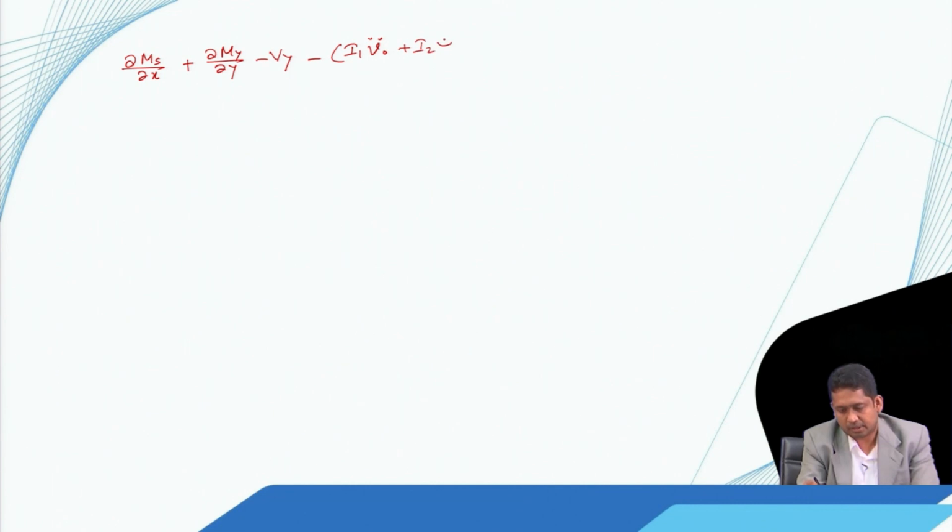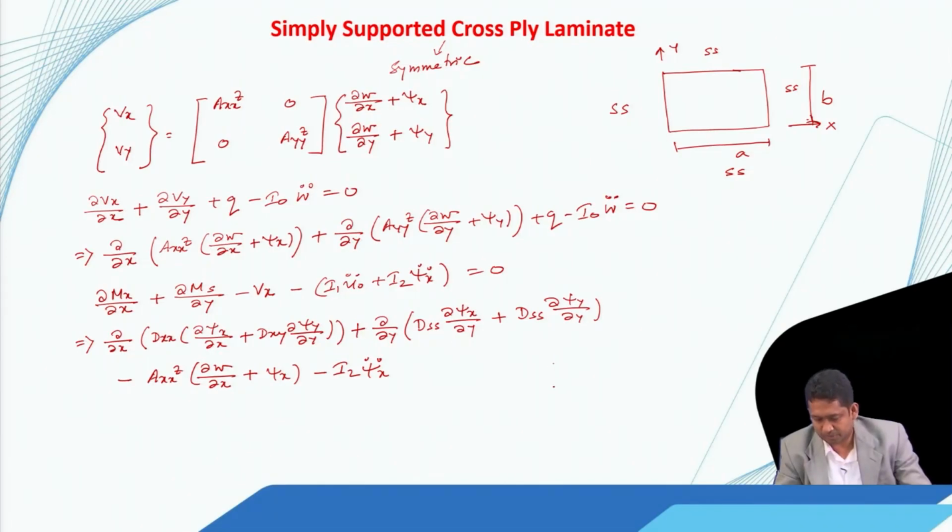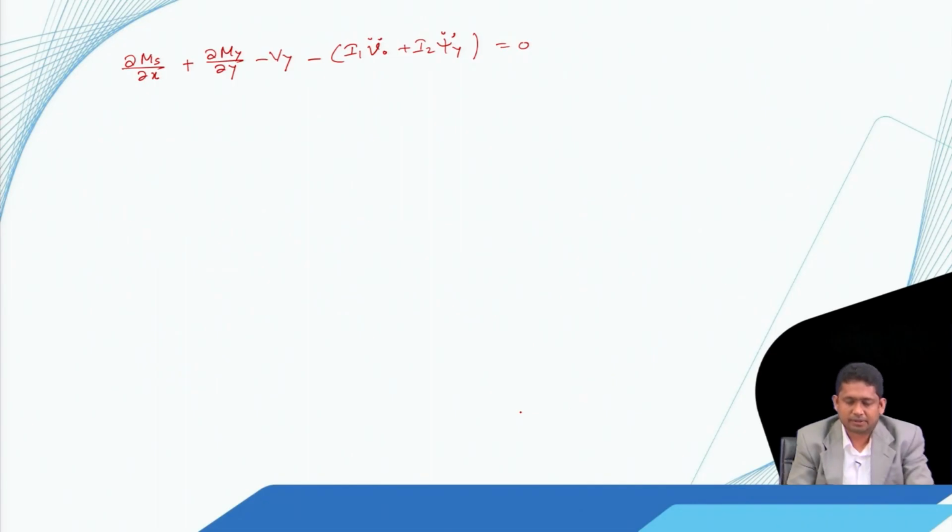And then from the third equation we have del Ms by del x plus del My by del y minus Vy minus I1 v0 double dot plus I2 psi y double dot equal to 0. But again, here also we have neglected the inertia term. So, u0 double dot is dropped. Similarly, we will drop this term also, and after that we will get